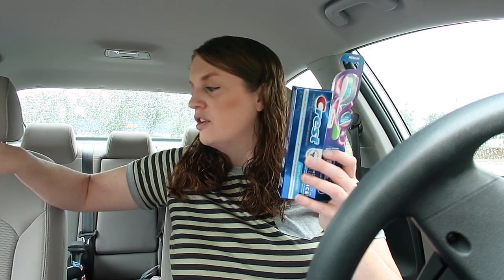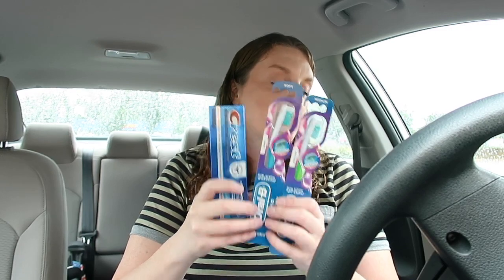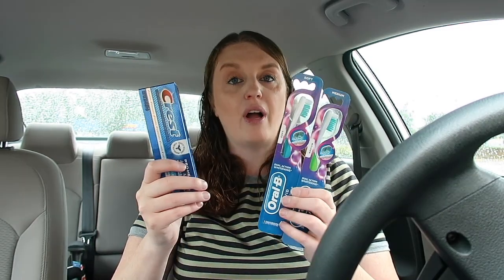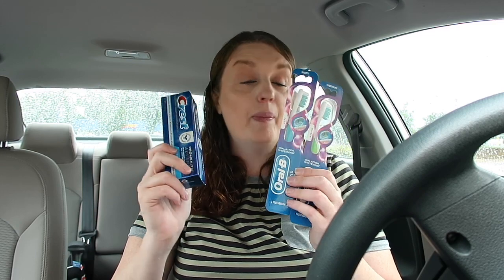Where's the other toothbrush? So I ended up getting 2 of the toothbrushes, and then I got the toothpaste. So what I ended up using is, these were $3. I used a $3 off of 2 digital coupon and a $2 off paper coupon. You would pay $4 for this, but then you get that $5 register reward when you buy the 2 items. It was 3 items, I think. But then this all comes out to be a $1